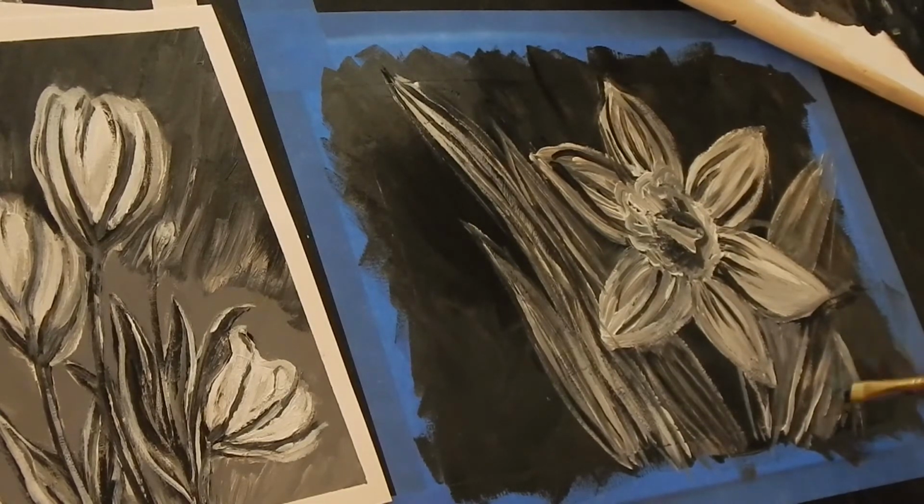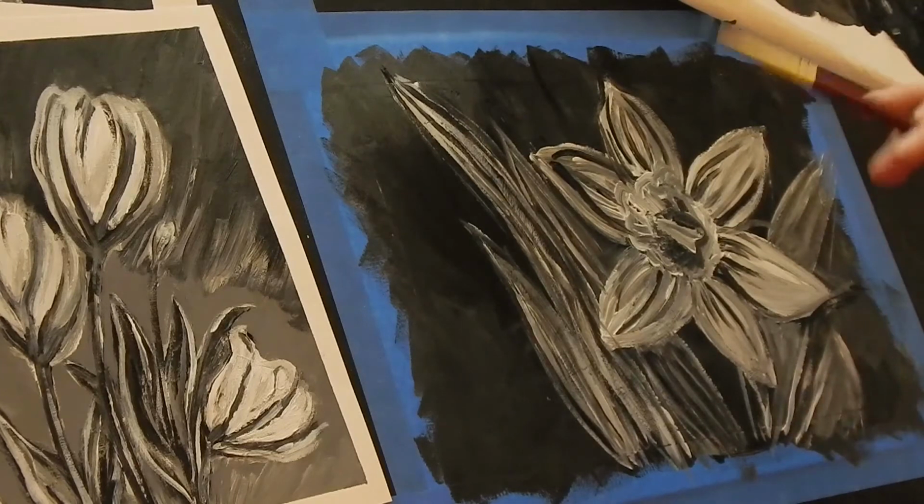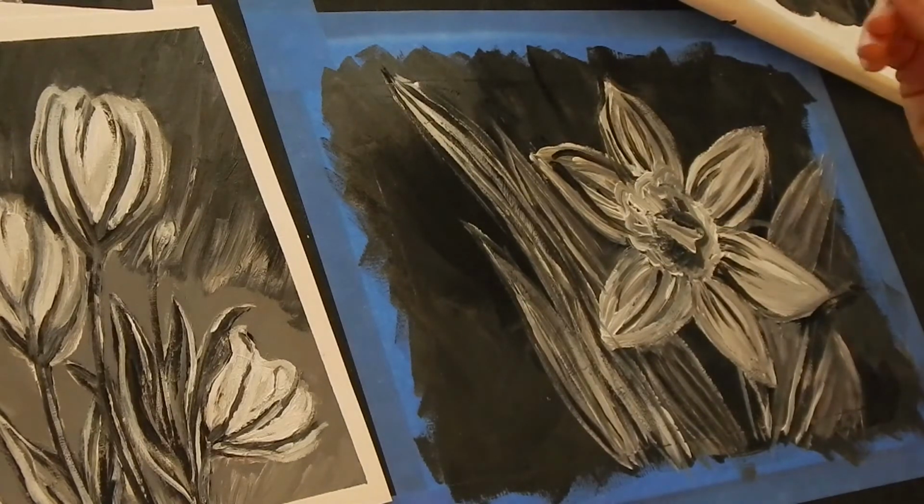And you'll just keep doing this and keep adding more detail, but just remember that when you're adding paint, if it's really wet and you have a lot of it, the more it's going to continue mixing. So if you want a really bright white, you want to make sure that you let stuff sit and dry a little bit, so you work on something else while you're letting it set up. So now I'm going to come in here and get some white, and that's just mostly white. So I'm going to start kind of